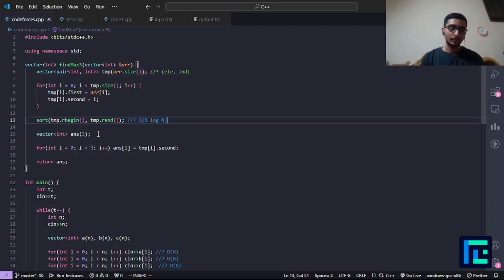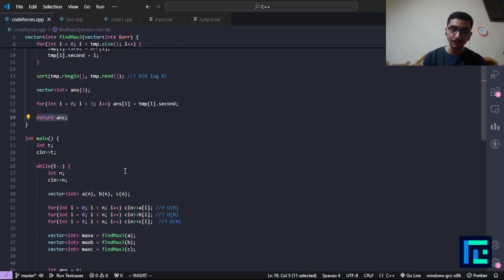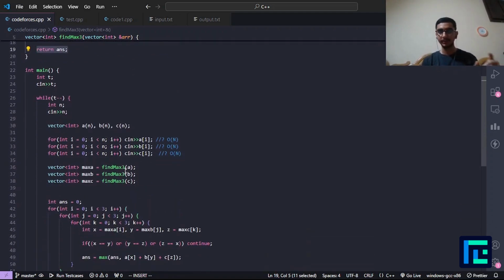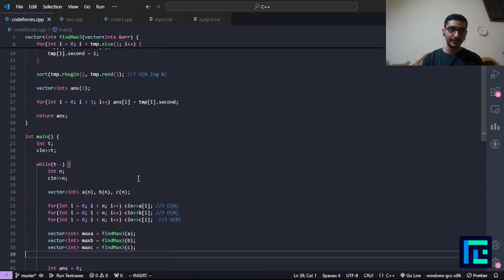Now I am taking the first 3 max values and storing them in an array. So I'm taking .second values, which will basically represent our index, and then returning those 3 values. And I'm repeating this function for all my 3 arrays because I want the size 3 subarrays for all of my 3 arrays, right? And as you can see,